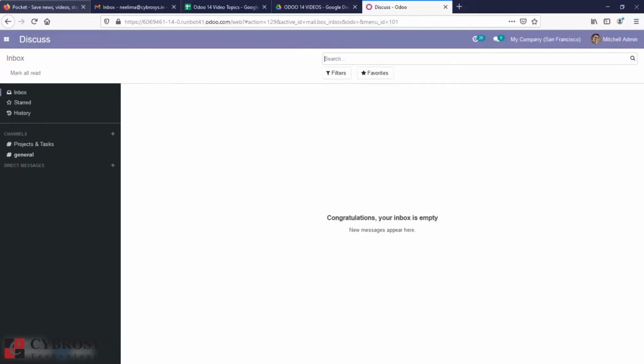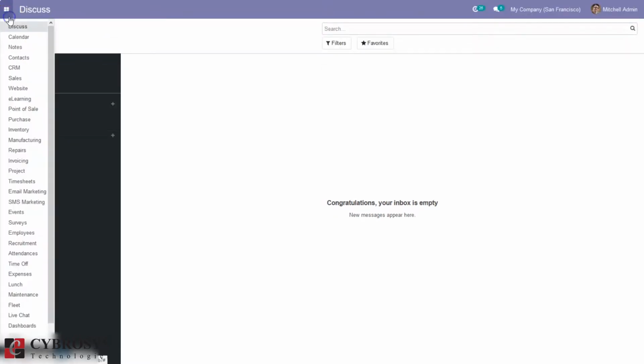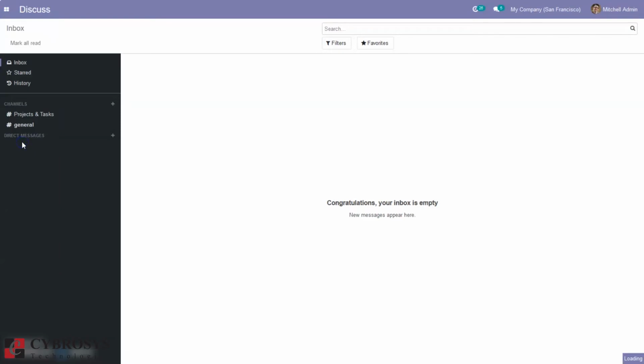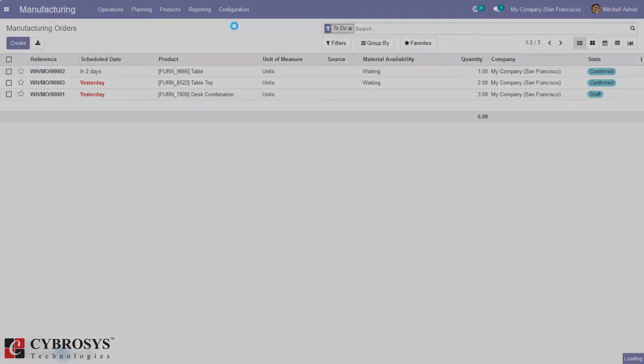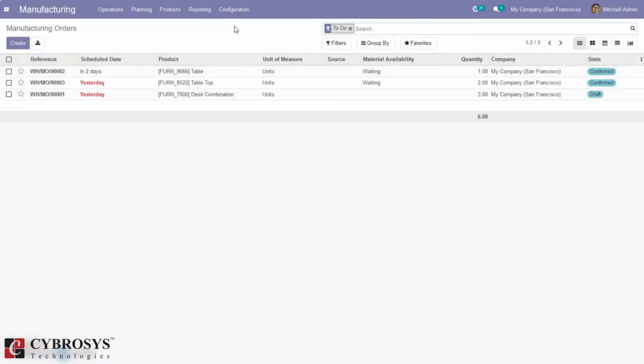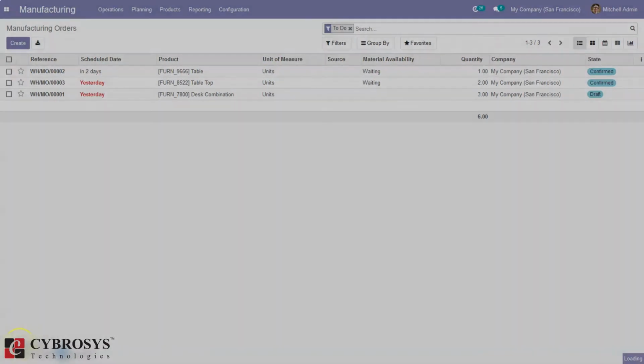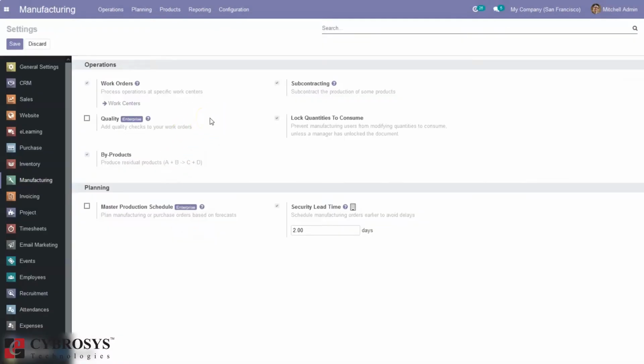Okay, so in order to create manufacturing orders, we have to install the Manufacturing module, and when you open Manufacturing, we can see Manufacturing Orders from here. Now first of all, we have to go to Configuration Settings and enable some features. Okay, so you can see Work Orders, that is, we can create work orders, that is operations for manufacturing a